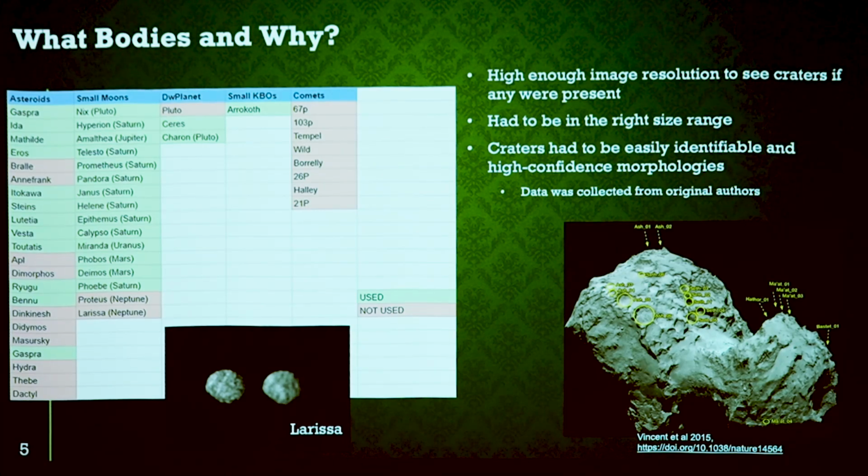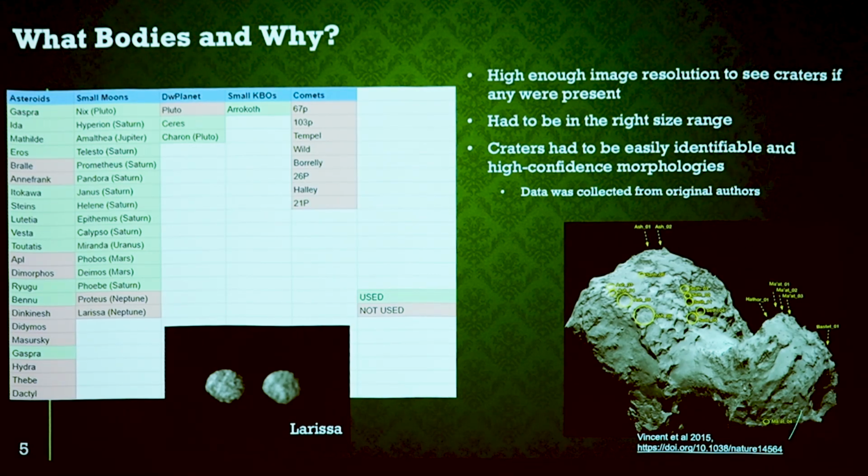not so much craters. The second criteria is it had to be in the right size range. We were really only interested in small bodies. The two exceptions we made for this were Charon, because we wanted as much data as we could for the outer solar system, which is pretty limited, and then Ceres, because there was really excellent high resolution data for Ceres. And then lastly, the craters had to be easily identifiable with high confidence morphology, so that eliminated, unfortunately, all of